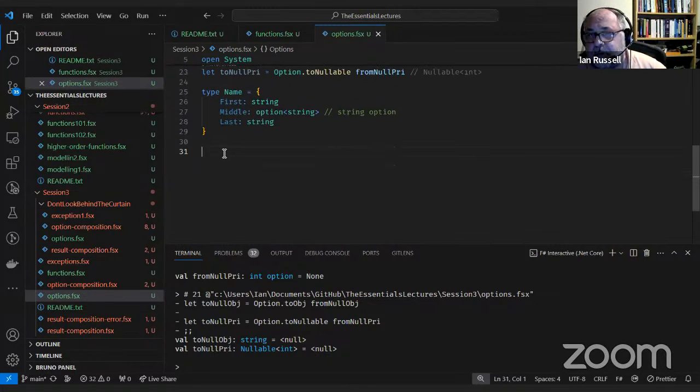And one of the things that we can also use option for is things like returning a value. So how about something like division?